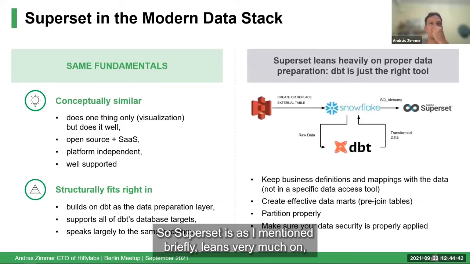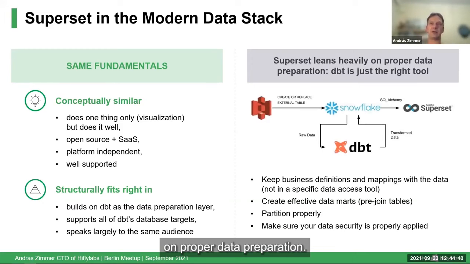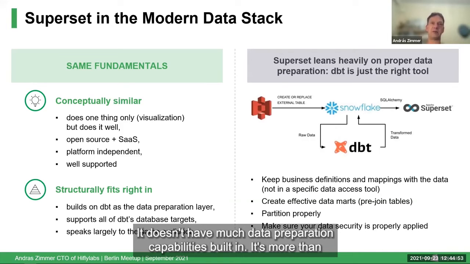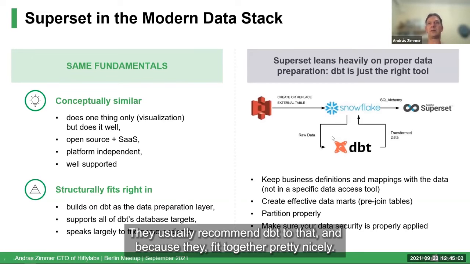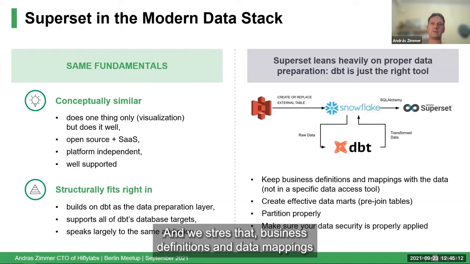Okay, so Superset, as I've mentioned briefly, leans very much on proper data preparation. It's a lightweight tool. It doesn't have much data preparation capabilities built in. It's more than none, but most of the heavy lifting must be done outside of the tool. We usually recommend dbt to that end because they fit together pretty nicely. And we